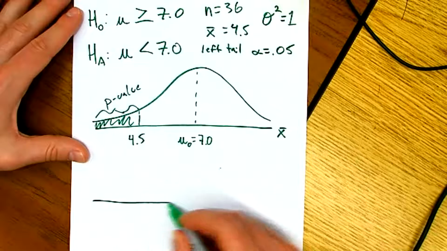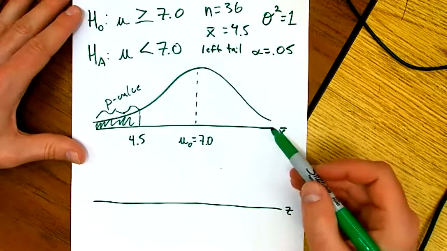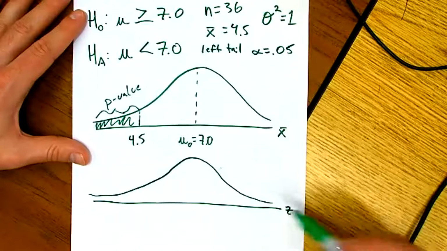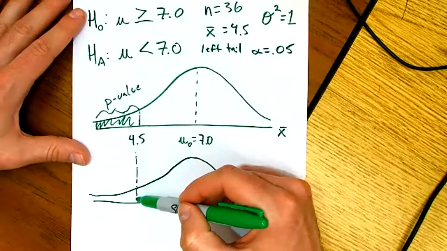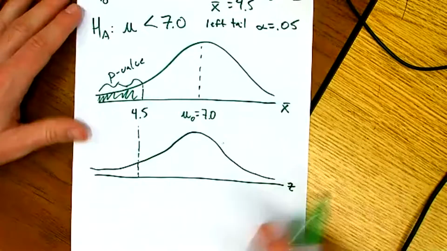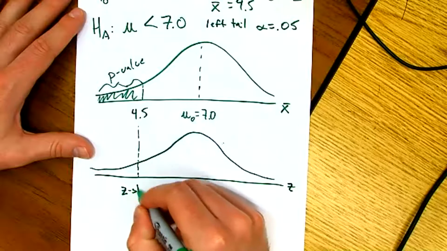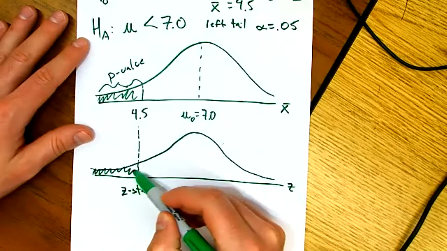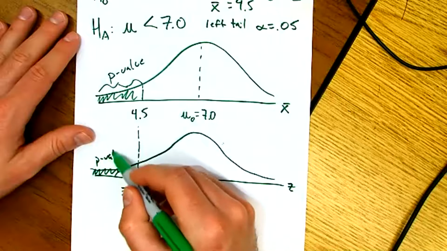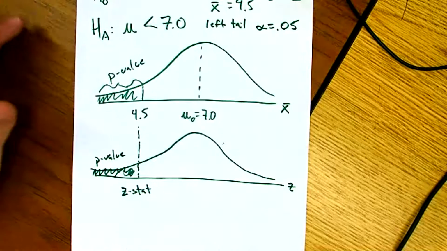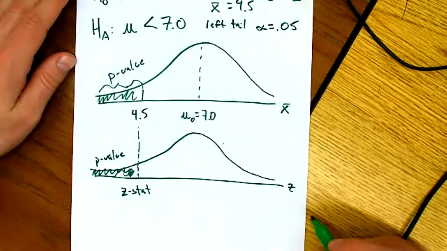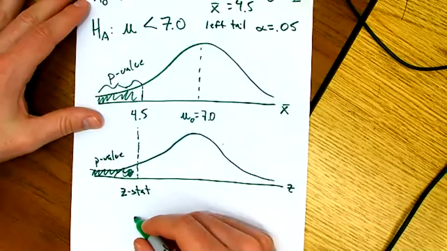Well, how can I find that probability? Any normal distribution I can turn into a standard normal distribution by simply subtracting the mean and dividing by the standard deviation. So I can turn this sample mean into a z statistic, or a test statistic, and then find the area to the left of that test statistic, which is a z value coming from a standard normal distribution. I can find that using my tables. Now, how do I turn this into a z statistic? Well, there are 2 different ways. So one,